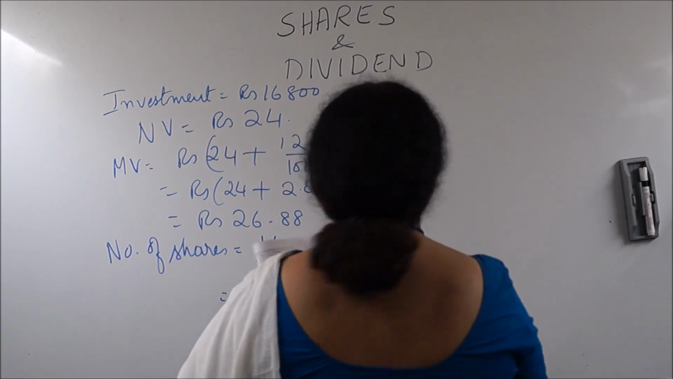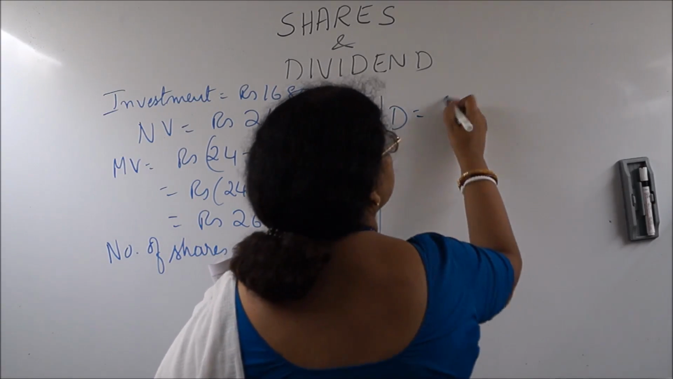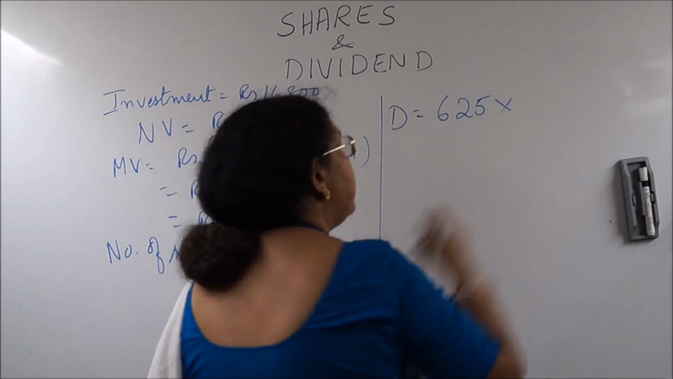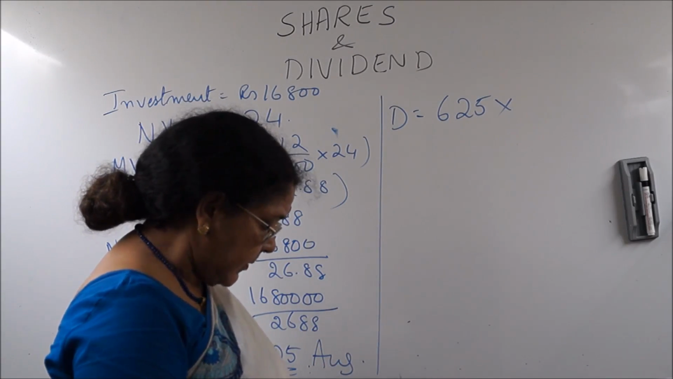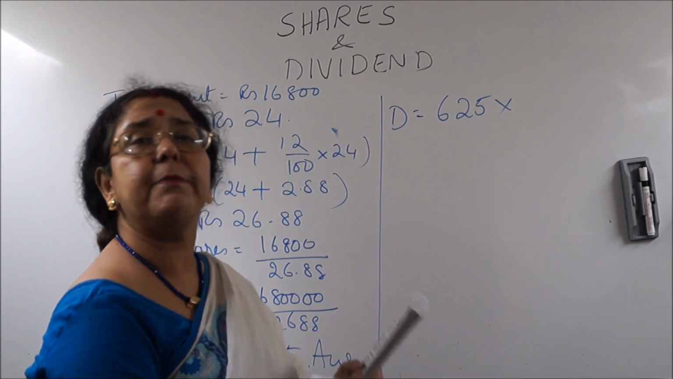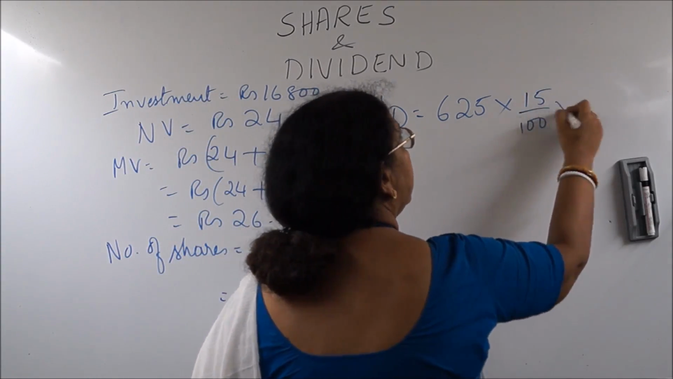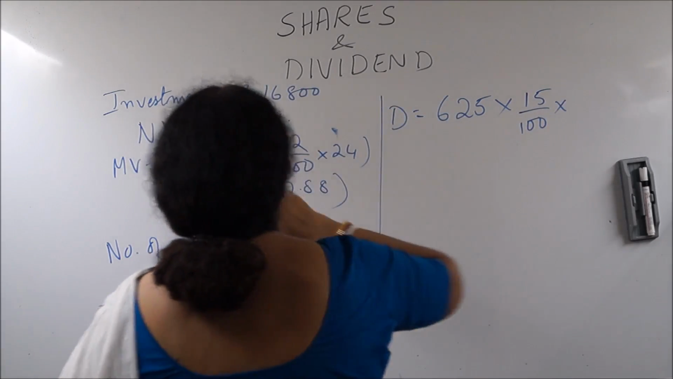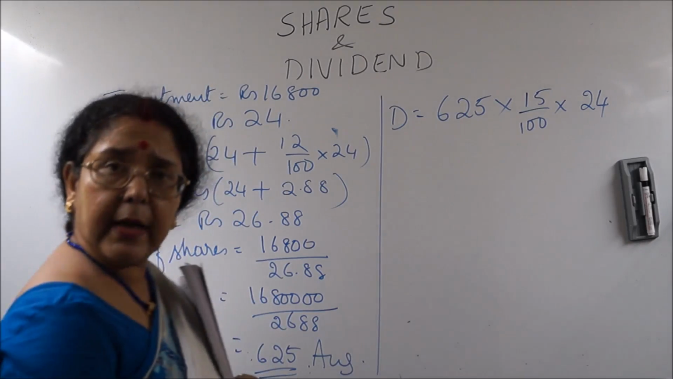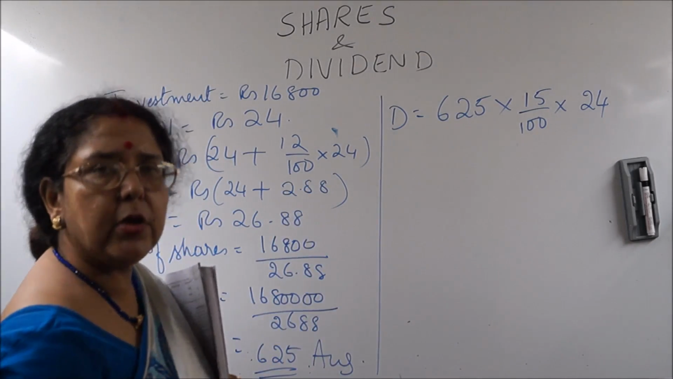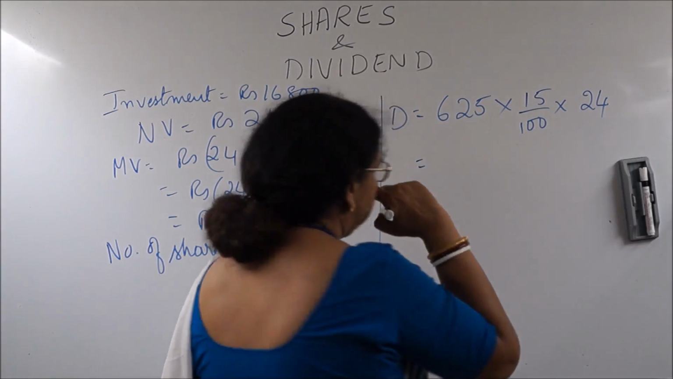So now dividend is equal to, the second part. Dividend is equal to number of shares, that is 625, into the dividend percent. What is the dividend percent given? The dividend on the shares is 15% per annum. So 15%, that is 15 upon 100, into the nominal value, that is rupees 24. The dividend, again let me remind you, is always calculated on the nominal value and not on the market value. So this is equal to